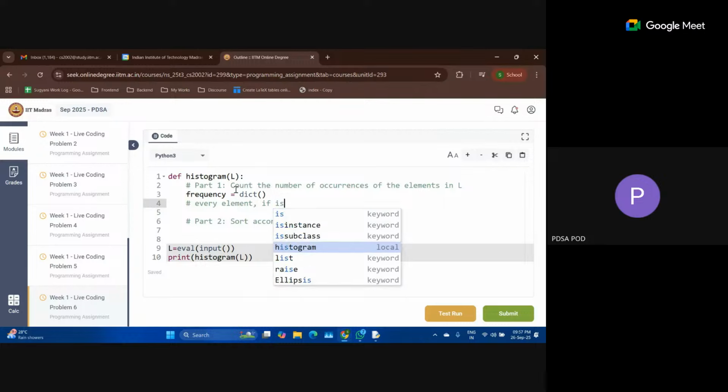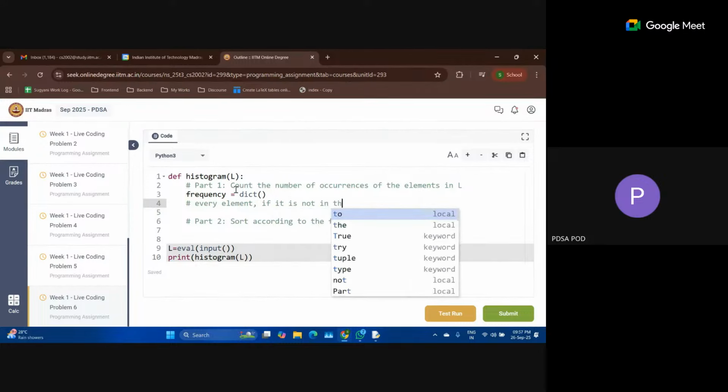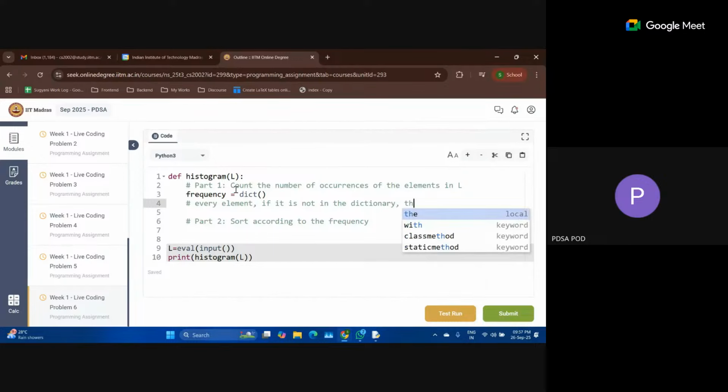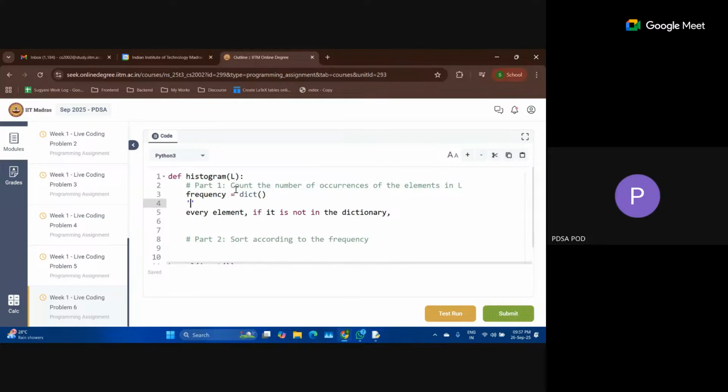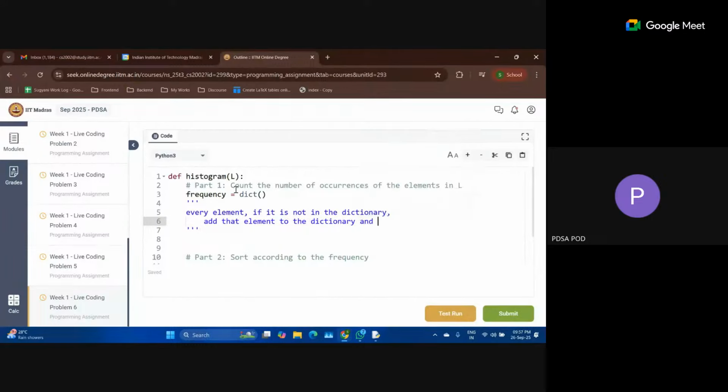So for every element, if it is not in the dictionary, that means I have not yet seen the element, which means that is the first occurrence. So I will add that element to the dictionary and save its frequency as 1.